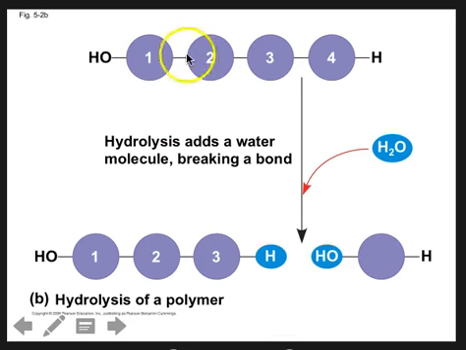So in a hydrolysis reaction, I have this nice long polymer, the one that I just formed in the slide before. I have this nice long polymer, and I want to break part of it off. I want to take it to a shorter polymer and a monomer. And what we're going to do is we're going to use water. So water is actually going to come in here and it's going to break this bond right here. It's going to break this bond, and what we're going to end up with are this shorter polymer over here and a monomer over here, and that's how we're going to create a hydrolysis reaction. So hydrolysis breaks a bond and uses water to separate a longer polymer into a shorter